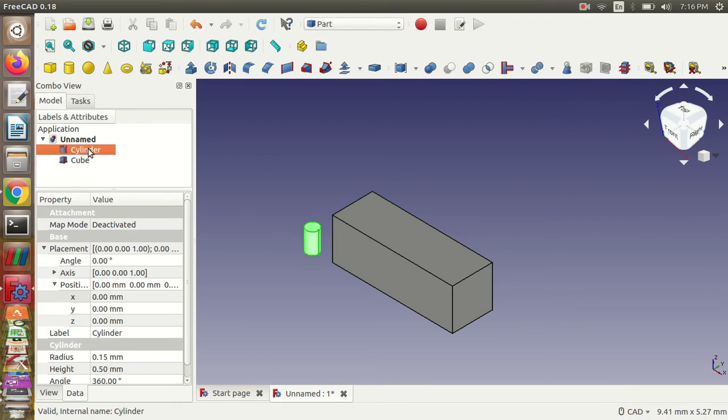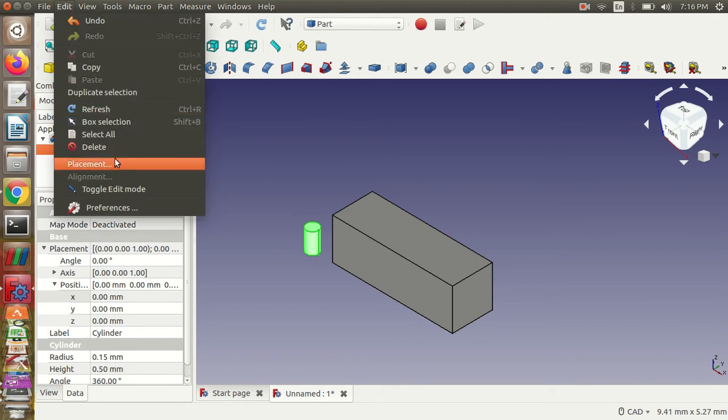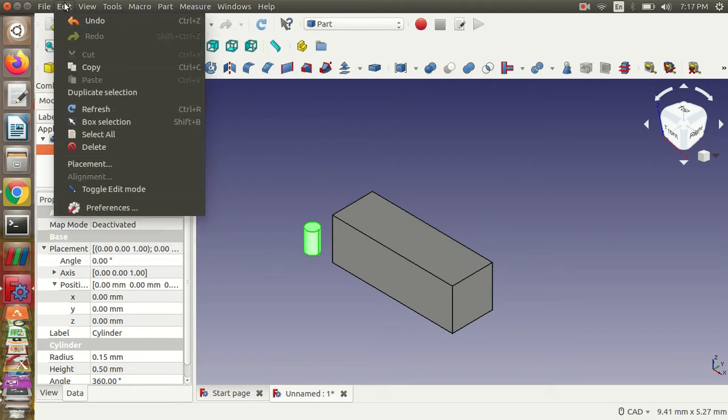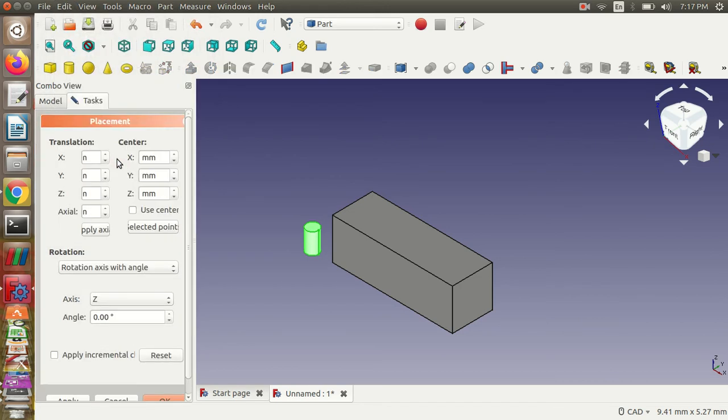Now the cylinder has to be attached to this tank, right? So now we need to just rotate the cylinder so that it is getting fixed to the rectangular tank. For which, there should be something called a placement. Yes.